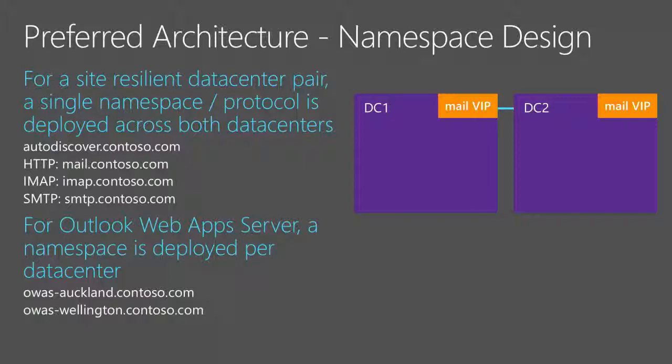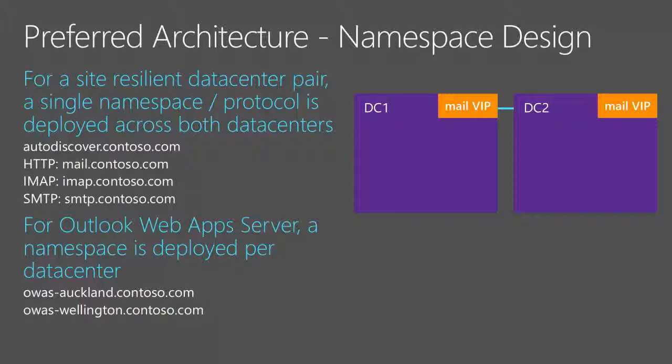It's the same name that they use internally and externally, managed through split DNS, potentially managed through GeoDNS solutions that can direct a client to a closer VIP if you want to control traffic that way. But either way, it's a single namespace per site resilient data center pair. So for every 2 data centers, a single namespace for them for each protocol. So one for HTTP, one for SMTP, one for IMAP if you're using it, and then, of course, your auto-discover